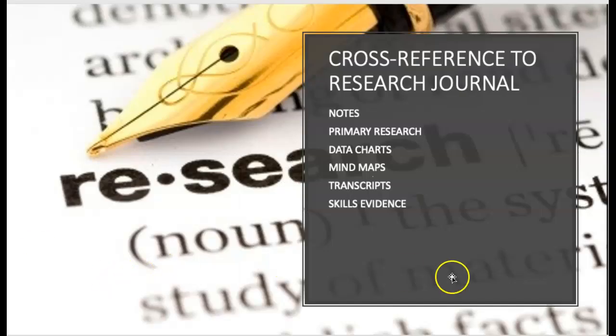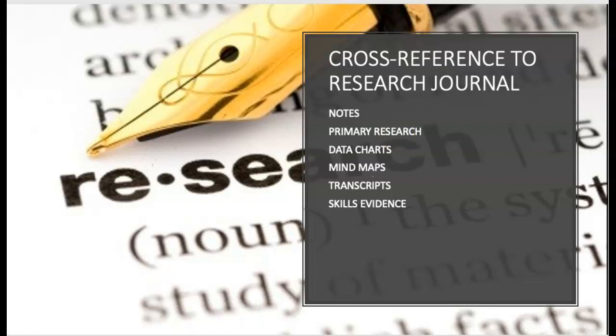So just a few key points now. Another thing with the journal is that students can cross-reference between the journal and the project cube. Some students already are keeping evidence of things like mind maps, data charts, and one or two of them have already completed courses from Coursera or courses in research skills.